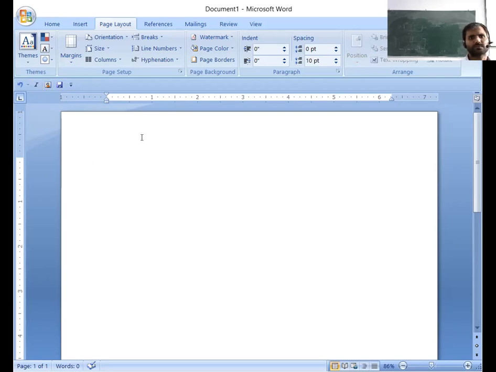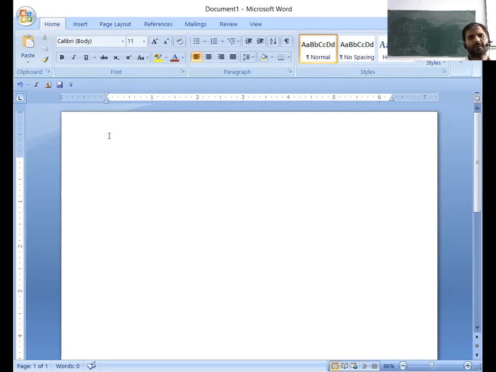And after setting my page design, now I have to go to the home tab where we have some sections: clipboard, font, paragraph, style, and editing styles. So in the clipboard section, we will find paste and paste special. You can see this.